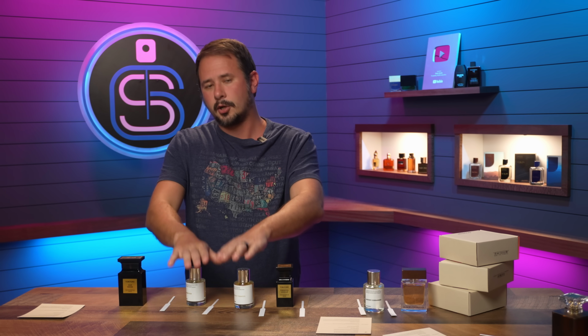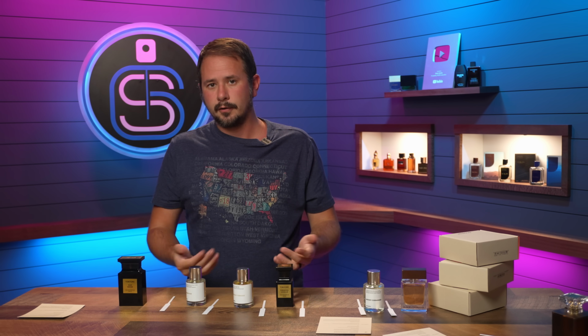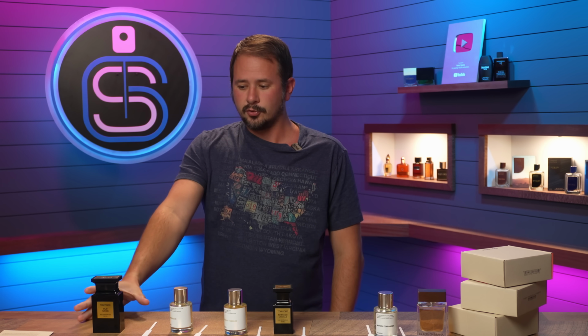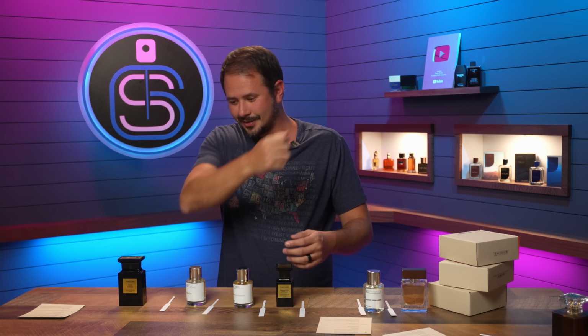These two are Tom Ford clones for people who have never smelled Tom Ford. That's really what they are. And the Fougère Oud is shockingly bad as an Oud Wood clone. I don't know, I can't really sugarcoat it. It's just,